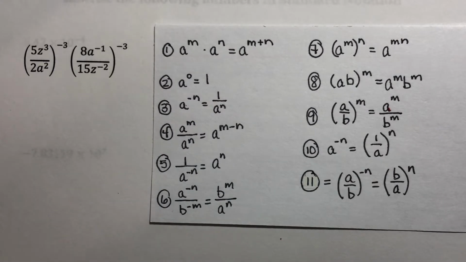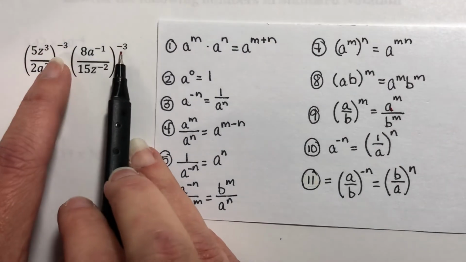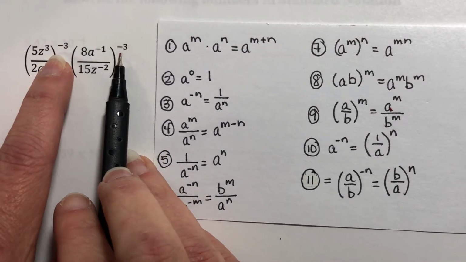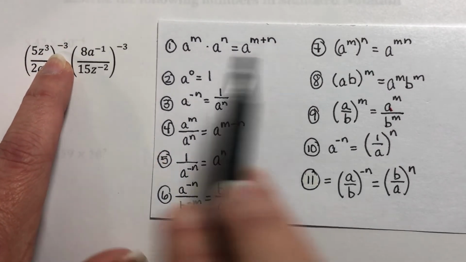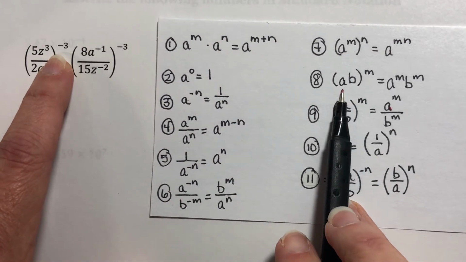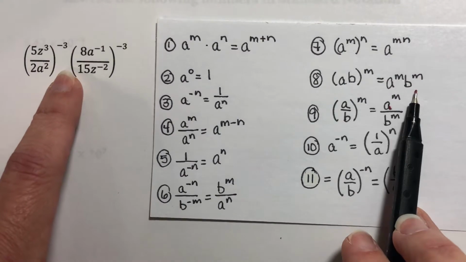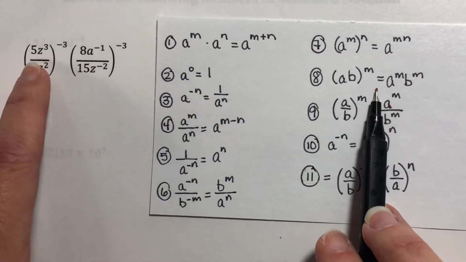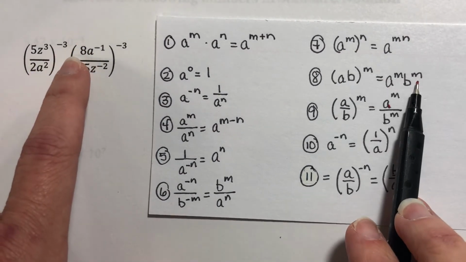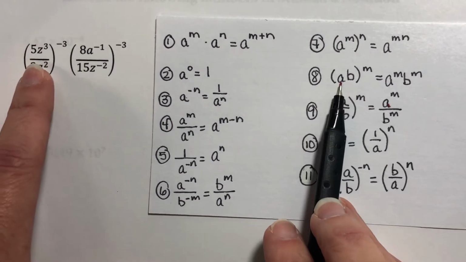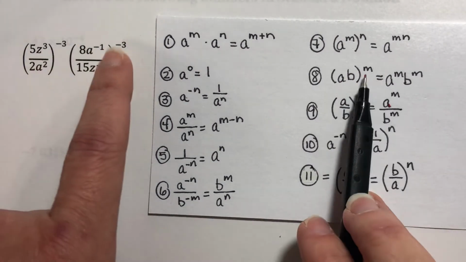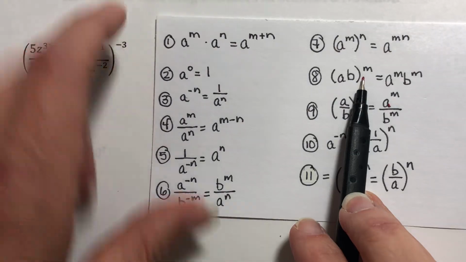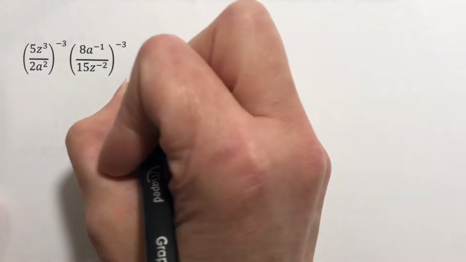I can show you how it's done, but if you notice that both of these are raised to the same exponent, we can use this property backwards. Okay? We have this side. We have two things multiplied together raised to the same exponent, so we can multiply them together inside parentheses and then with only one exponent. So if I use property 8 in reverse,